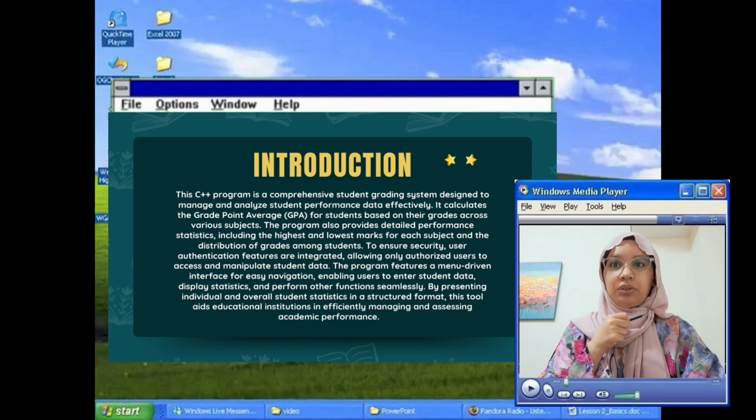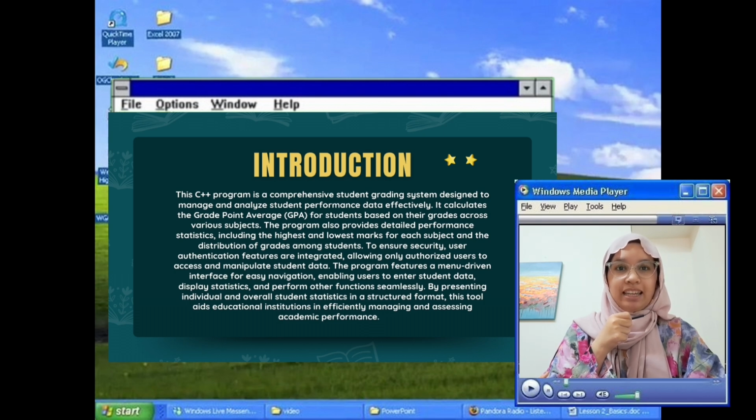Let me introduce you to our C++ program. This C++ program is a comprehensive student grading system designed to manage and analyze student performance data effectively. It calculates the GPA for students based on their grade across various subjects. The program also provides detailed performance statistics, including the highest and lowest for each subject and the distribution of grades